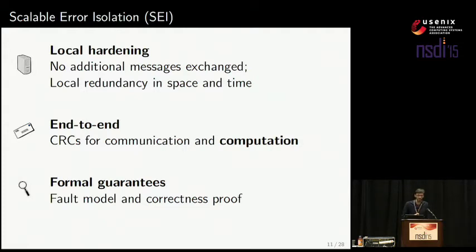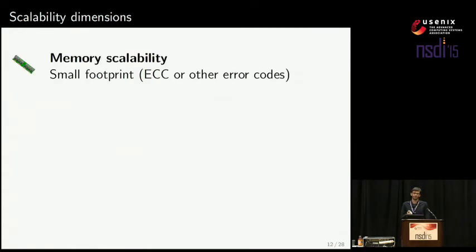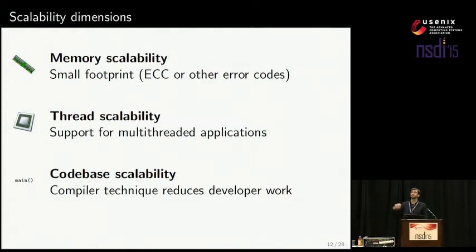We call SEI scalable error isolation because we scale in different dimensions. First, we don't introduce much memory overhead. Actually, if you already have ECC in your memory, in your CPU, in your memory modules, we don't introduce any memory overhead. SEI also supports multi-threaded applications. This is important nowadays when we have multi-core processors and many applications are multi-threaded. And SEI also allows us to use existing implementations. So you can take code that already exists and harden it afterwards. You can first design the system to cope with crashes, and afterwards apply the technique to cope with